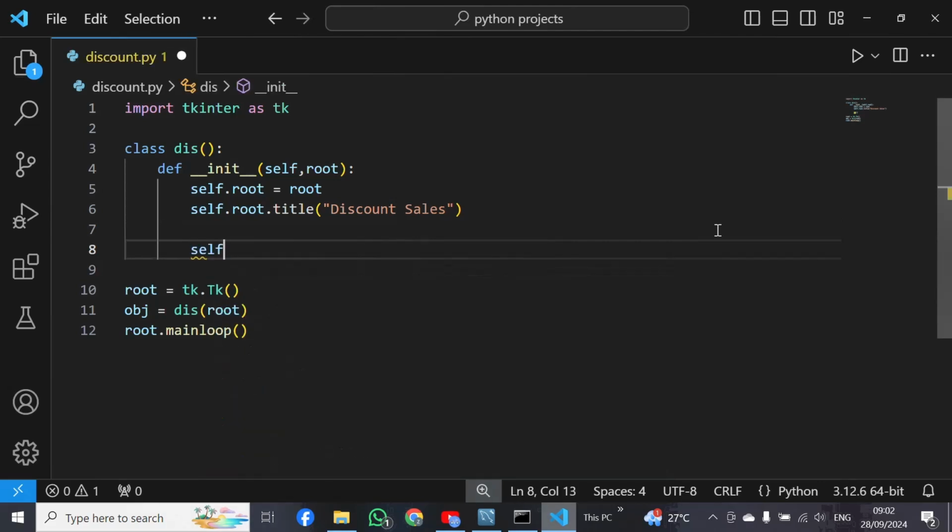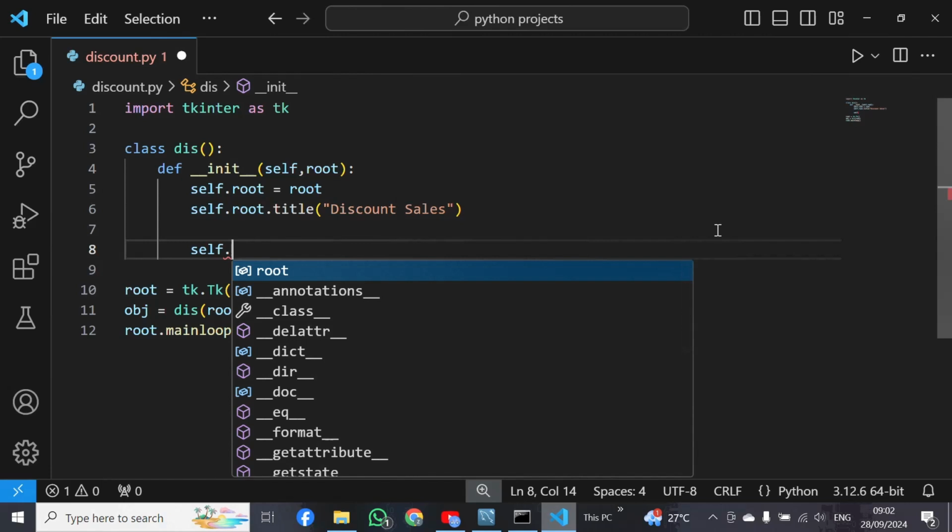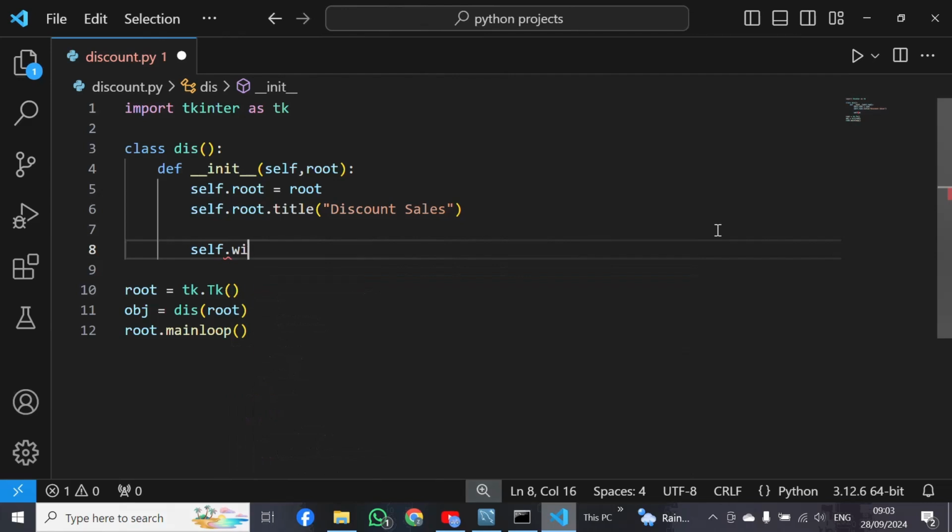Here I will define a global variable. If you want to define a global variable, then you have to use self with the name of the variable. For example, here width is my variable name, and here I am using self dot. So now this is a global variable. Then you can use this global variable anywhere inside your project. But if you are not using self with it, then you cannot use it inside any other function. So I have to use it in different functions, so I will use self with it to make it global. Now I have to get the width of the screen, so self.root, and then